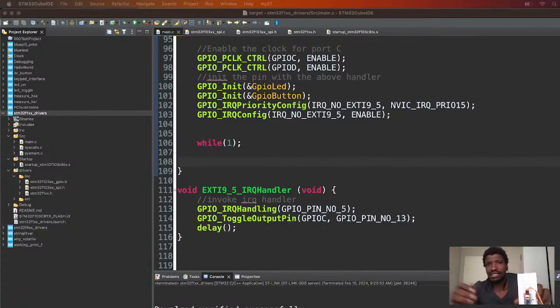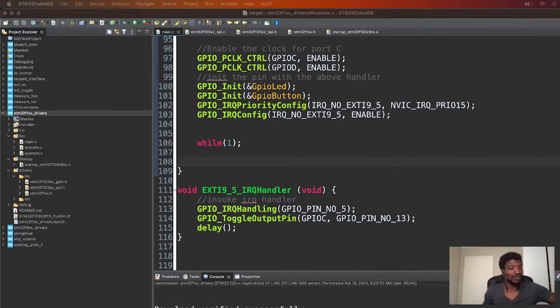Cool. So if you observe, there's a button on my breadboard, and there's a green LED and a red power LED. If I press this button, the green LED flips on, and if I press it again, it flips off. You see here, it's off. Press it, goes on. Press it, goes off. You see? So this is the problem with